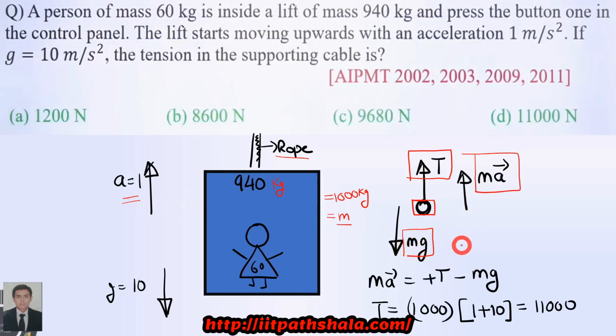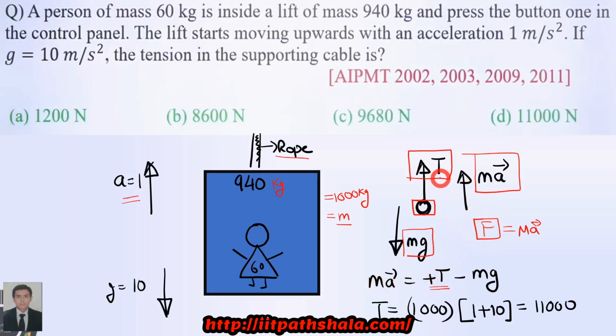Okay, so now to write the equation of motion, we use F equal to Ma, as you know. Whatever force comes in the direction of acceleration will be considered positive, and the other forces will be considered negative. So in the following case, you can see only tension is in the direction of Ma over here. So Ma equal to plus T, and all the forces will be accounted for over here in this F.